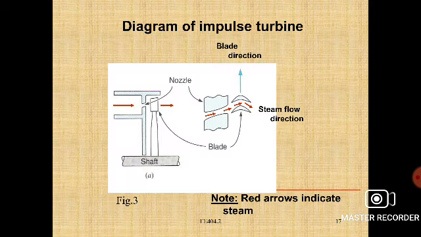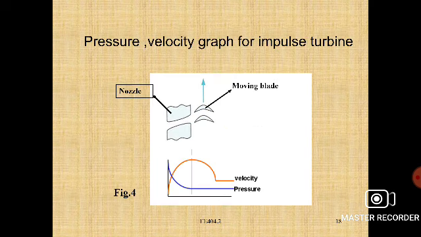So this is the impulse turbine. You can observe here, at the bottom the shaft is placed, the blue one is the nozzle, and next, the cone shape is provided for the moving blade. The red mark is the steam coming through the nozzle, and it is directly transferred to the moving blade in the direction of steam flow. So what will happen? The shaft will rotate continuously. That is the main point. The pressure-velocity impulse turbine consists of a nozzle and next the moving blade.